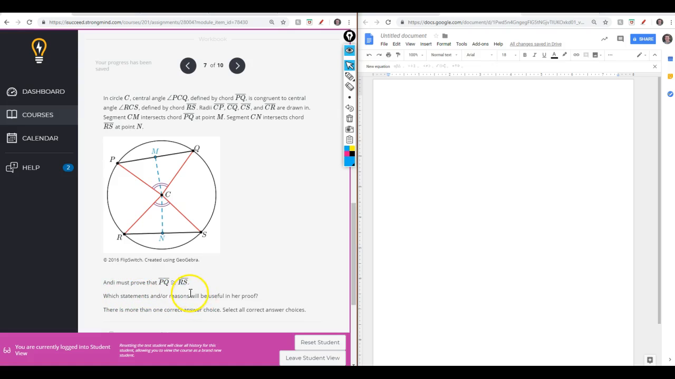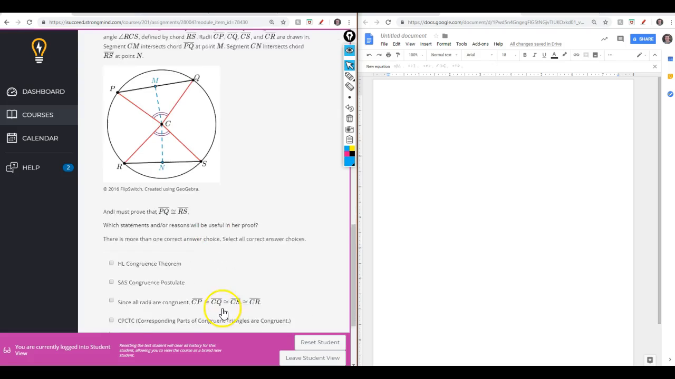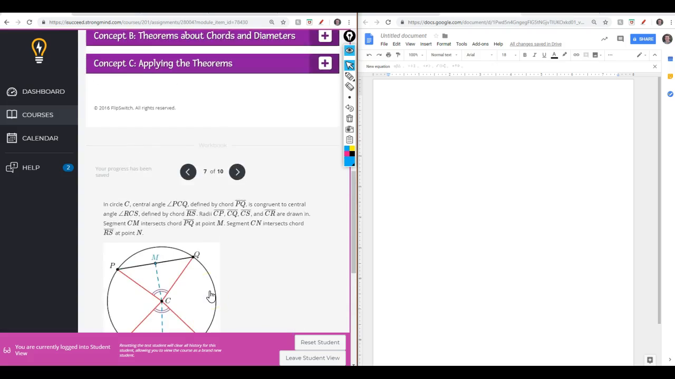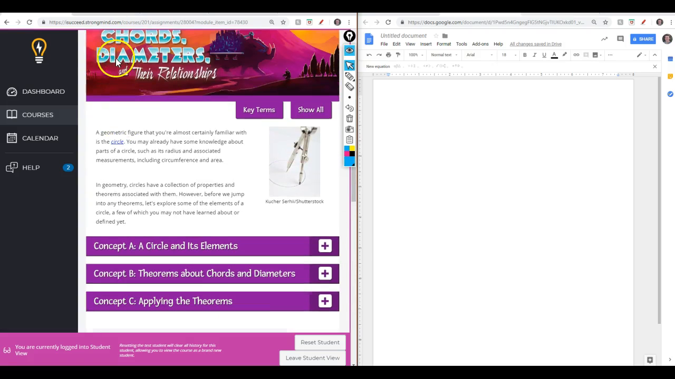Which statements and or reasons will be useful in her proof? There is more than one correct answer choice. Select all correct answer choices. Okay, so with this, I would duplicate this page